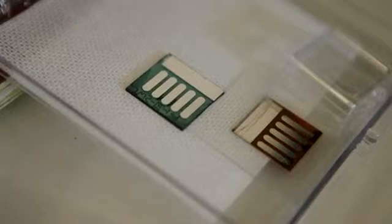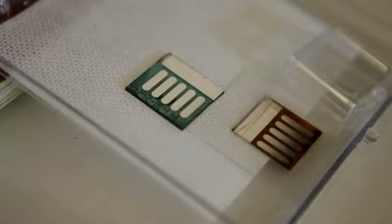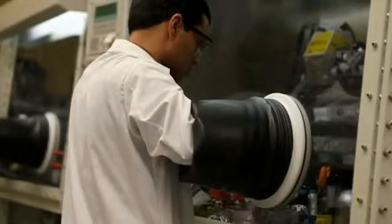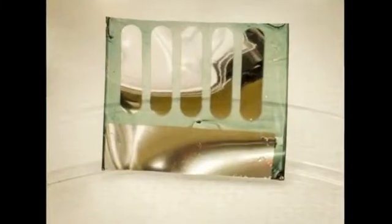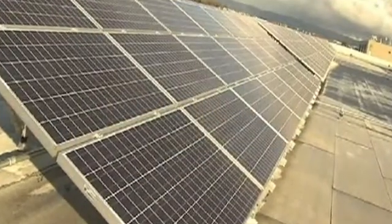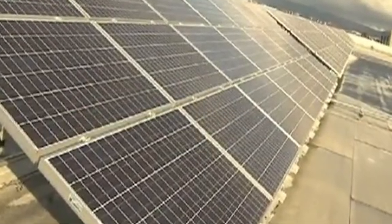The future of solar power could be taking shape in a lab at Georgia Tech. It's a solar cell made of wood, created by scientists led by Bernard Kippelen. The cell is organic and therefore 100% recyclable. Kippelen says it solves a problem created by conventional solar cells, whose main components are made of plastic, glass, and